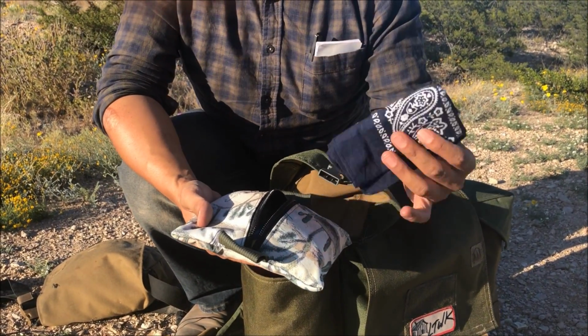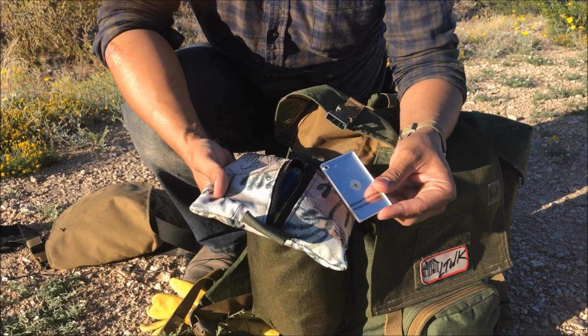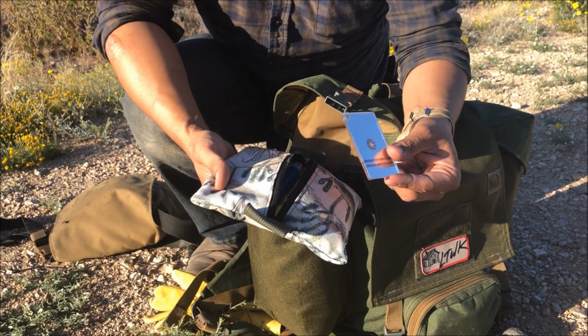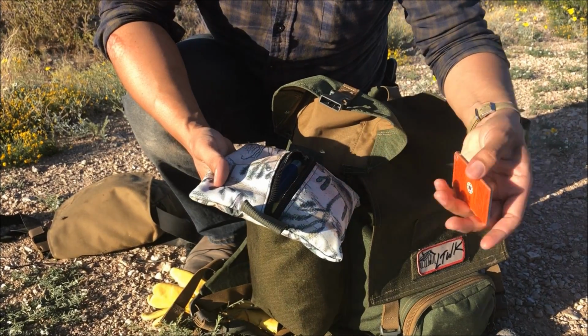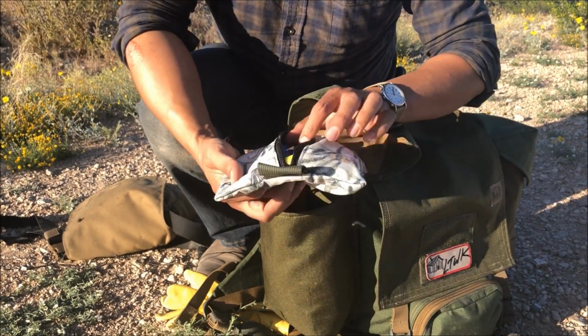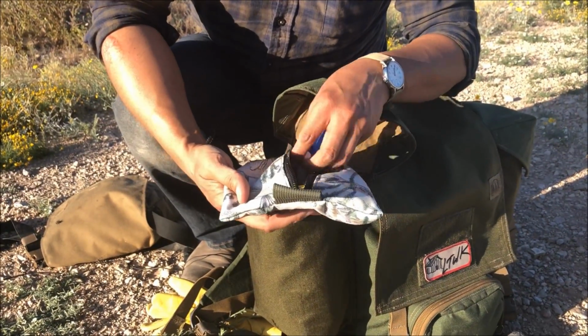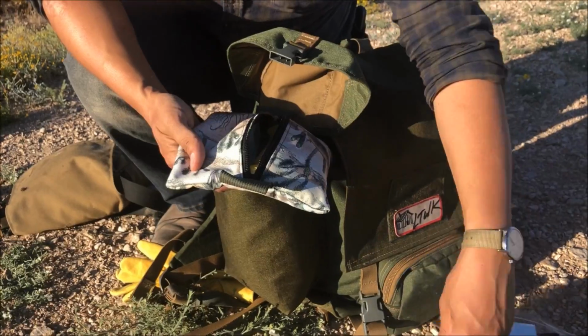If I'm going to bathe or something, I'm going to use this. I have a signal mirror. I could use this for signaling, but at the same time, I'm going to look at my face, do I have buggers or anything like that? And I'll kind of just be brief with this. These are boring everyday stuff. So chapstick, toothbrush,